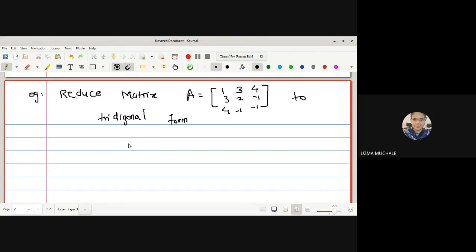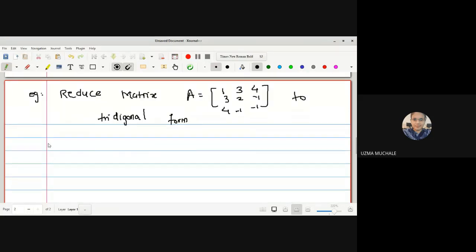This may be the question if you want to solve any matrix by the Householder method. Actually, I also don't know exactly the use of the Householder method. Up to now, whatever we have seen is used to solve simultaneous equations. I will let you know the use of Householder methods. Now, what is the question? We have to reduce this matrix to symmetric tridiagonal form. Whenever you reduce this to tridiagonal form, it will be useful to solve the simultaneous equations itself. So that's why they developed the Householder method.